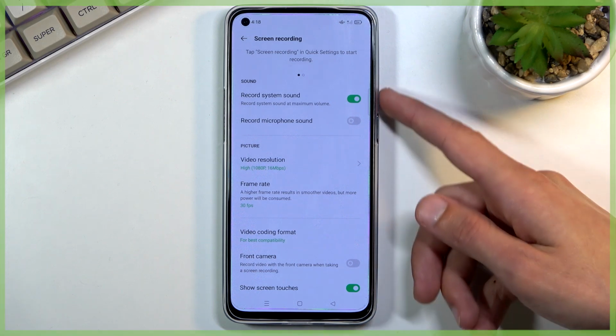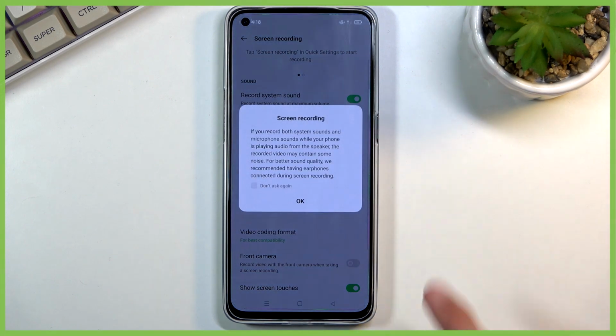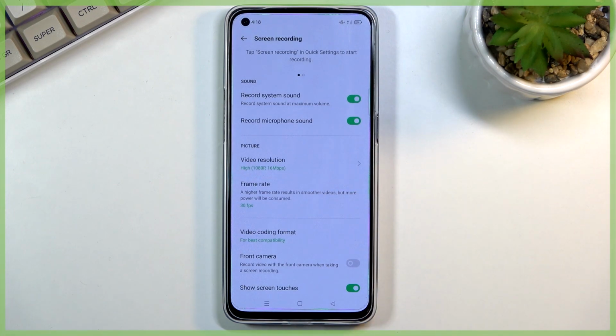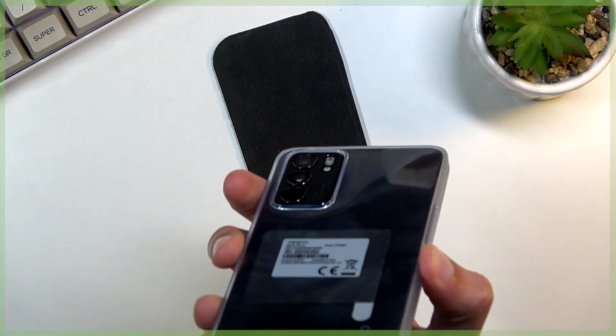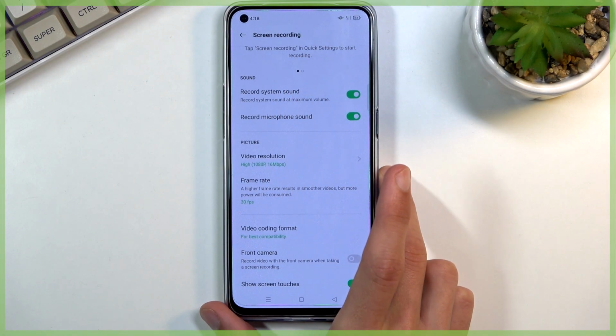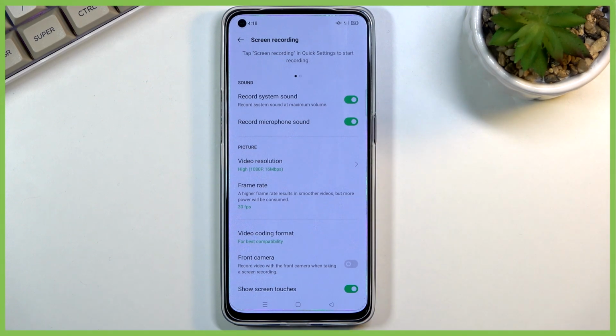And lastly, we have the sound, so we have the system and a microphone. Now, as you can see, you can have both of them on, but by having both of them on, I do recommend you to use headphones, either earbuds or some, I was going to say wired, but I guess you will have to have some kind of dongle to convert it, so you can use a 3.5mm jack. So anyway, if you're planning to go with both, have some kind of different sound source, like headphones, because otherwise